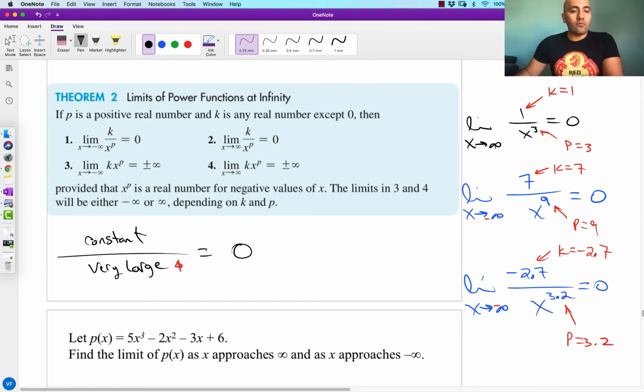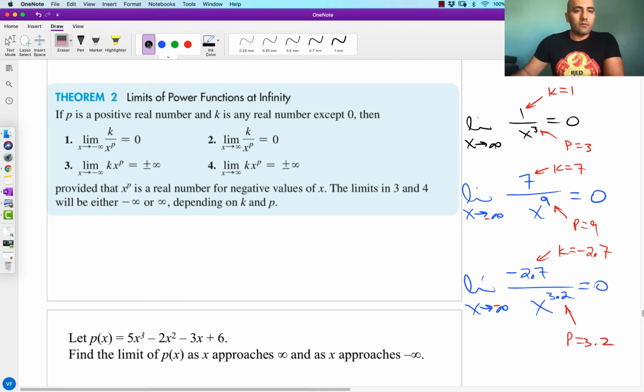So depending on whether this is positive or negative and whether you're inputting negatives or positives, it could vary a little bit, but these are going to be the cases where it grows toward positive or negative infinity. For example, we could look at the limit as x grows toward positive infinity of, say, 3x to the 7th power. Here, k equals 3,